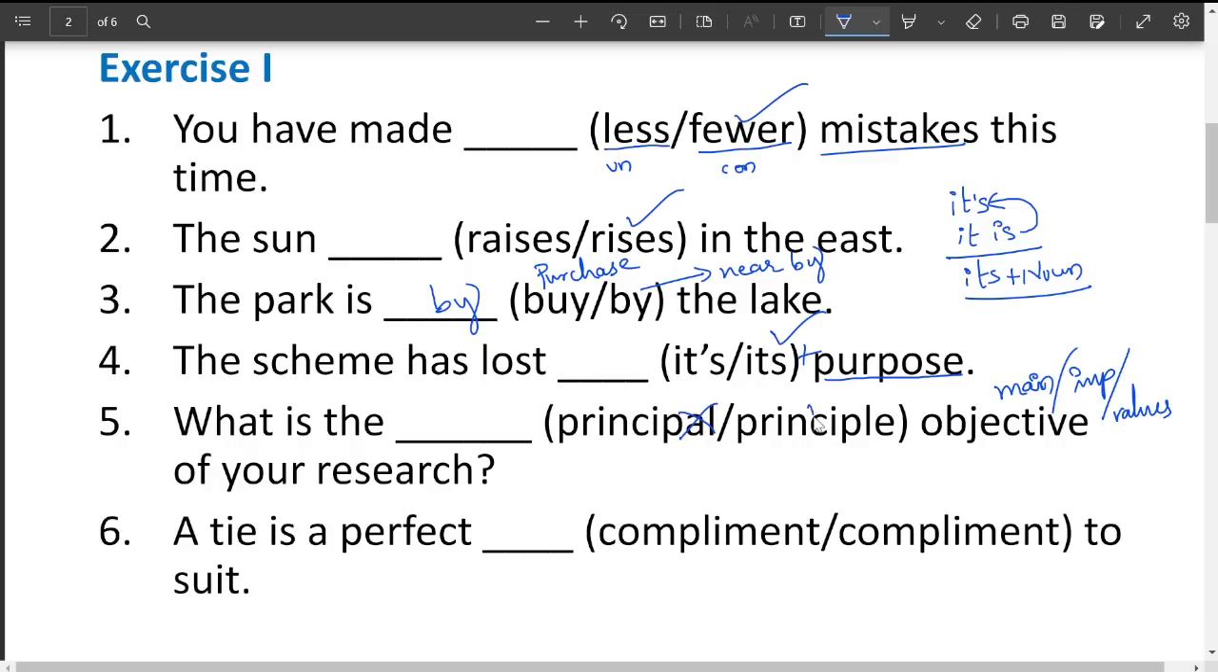We cannot, so only we can use principal. Okay, PRINCIPLE. Next, a tie is a perfect complement to a suit. Now which is what complement? If you look at the first one,